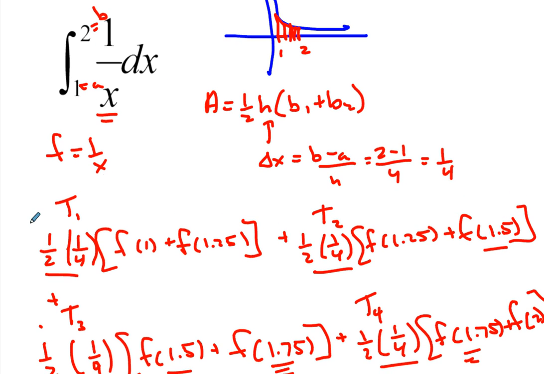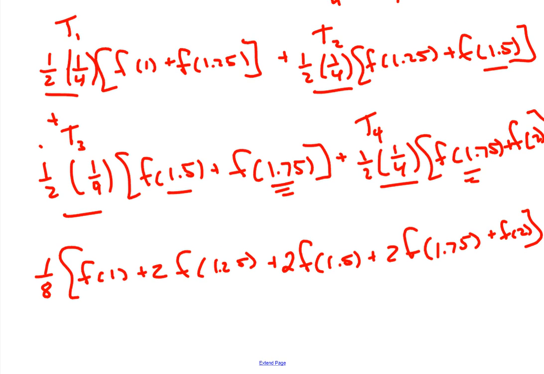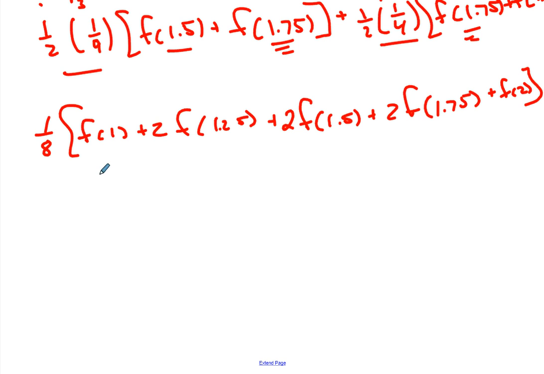From here, we're going to plug our values into f, which is equal to 1 over x. That is the integrand, the function we find the area beneath. And so, to estimate this value, we'll plug that in there, so we have 1 plus 2 times 1 divided by 1.25, which is going to give us 0.8. So we'll have 2 times 0.8, and then plus 2 times 1 divided by 1.5, which is 2/3, or 0.6 repeating, and then we have 1 divided by 1.75,